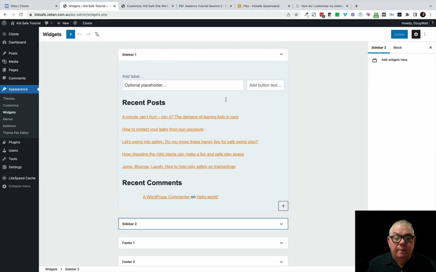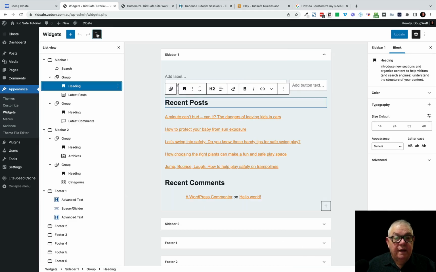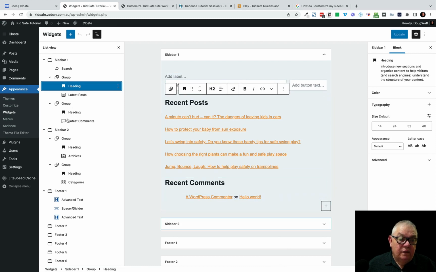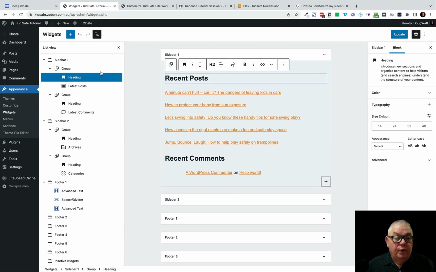Now, to build this out, it's exactly the same as building any other content. We haven't got that block navigation here, but we do have it here. So this is sidebar 1, there's sidebar 2. These are the pieces of content that we have. There's the search there. So if we were to delete it, remove search, we put it back in again by